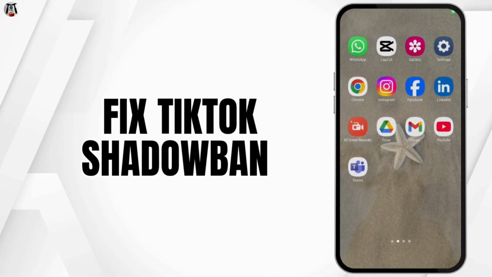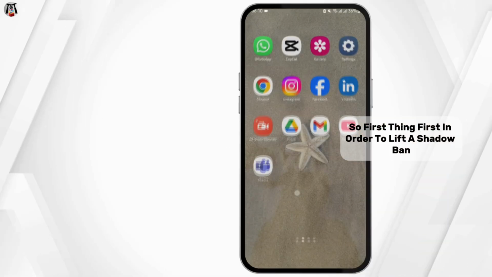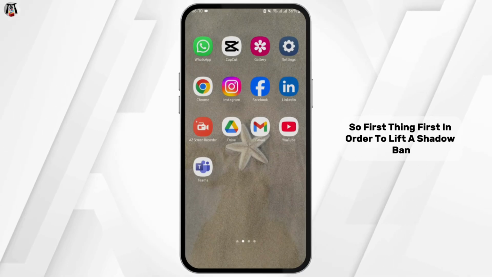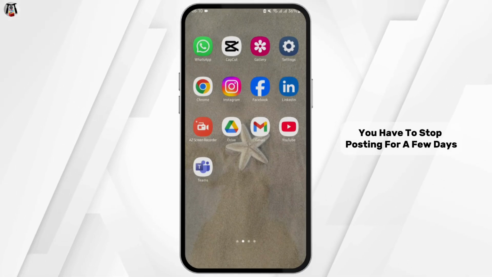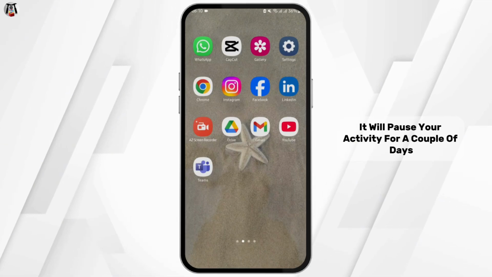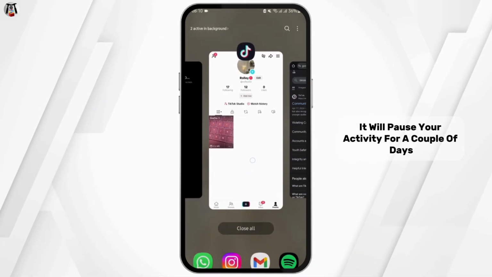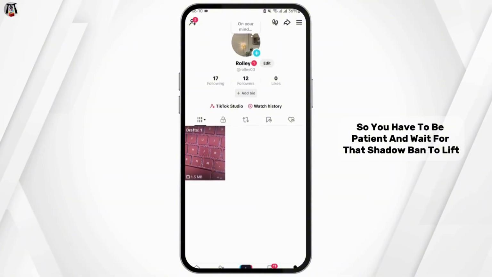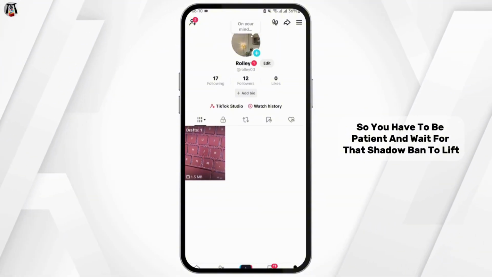Guys, if you would like to fix your TikTok shadow ban, in today's video I'm going to show you how you can do it. So first things first, in order to lift a shadow ban, you have to stop posting for a few days. If you have made any mistake regarding your TikTok, it will pause your activity for a couple of days. So you have to be patient and wait for that shadow ban to lift and stop posting for